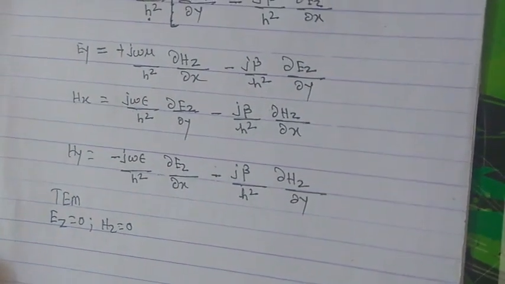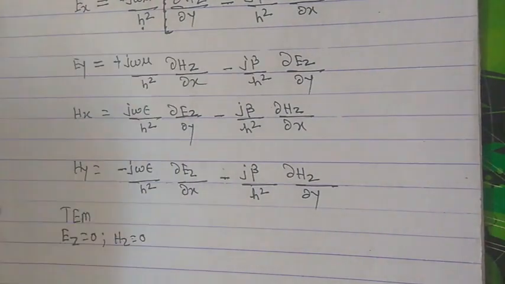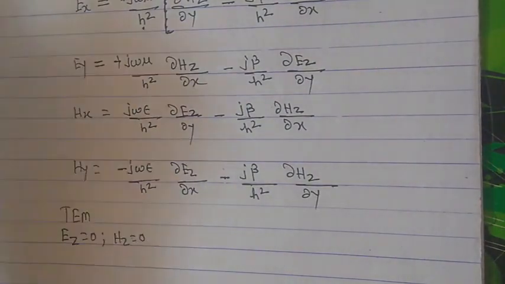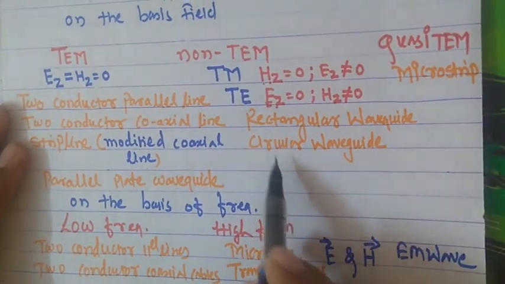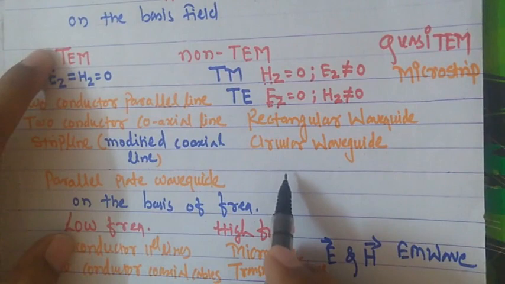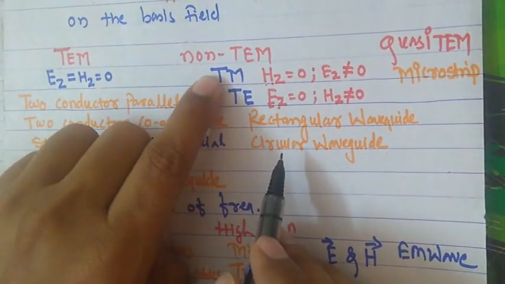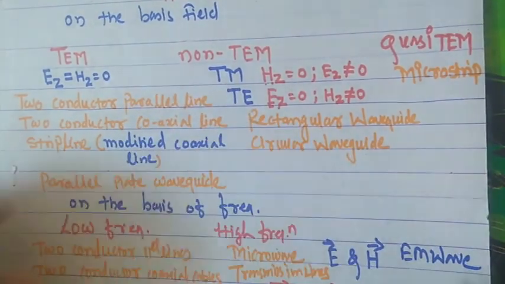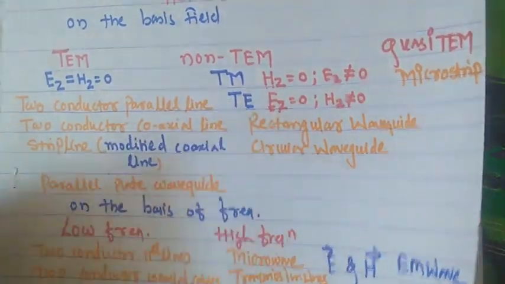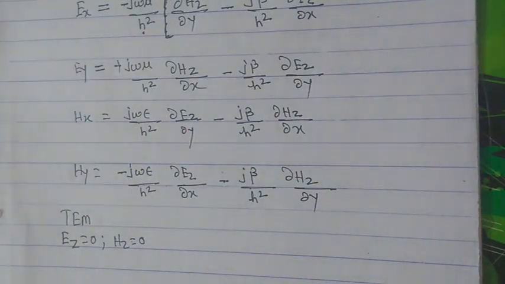So there is no possibility of wave propagation inside a rectangular or any shape of bounded structure waveguide. So they are not going to support TEM mode of propagation. If you remember from our last class, we said that rectangular, circular or any shape of waveguide are not going to support TEM mode, which we have proven in today's class. They are going to support either TM mode or TE mode, that is, a non-TEM mode of propagation. What TM and TE modes are and how these waveguides support them, we will discuss in the next class. Thank you.